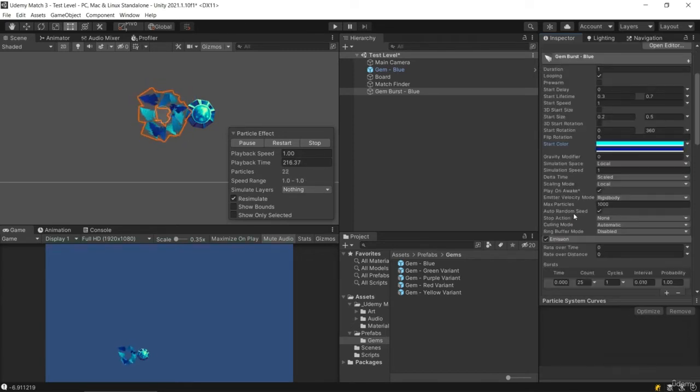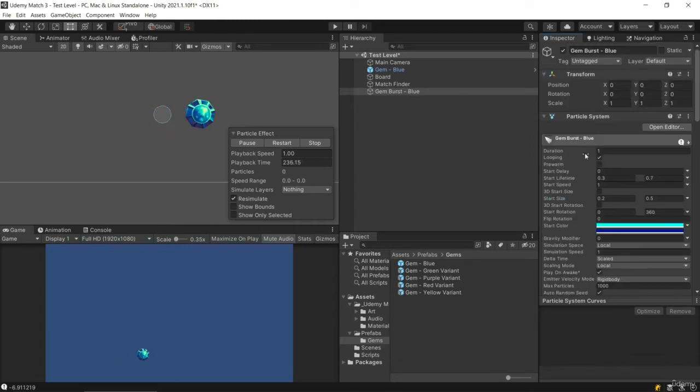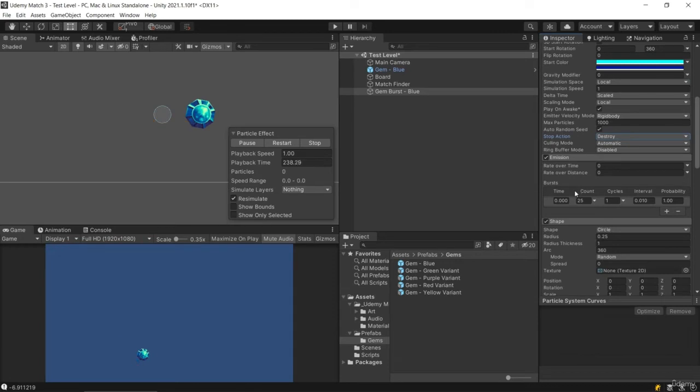One other thing we want to do is make sure when we have stop action here, we're going to switch this to be destroy. So what that means is when the particle effect finishes playing, it'll destroy the object from the scene. So basically what we're going to have happen is whenever our gem gets destroyed, we create a copy of the particle effect, and then it'll destroy itself when the 1 second duration passes by. Okay, so that's